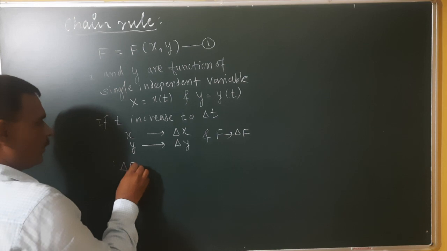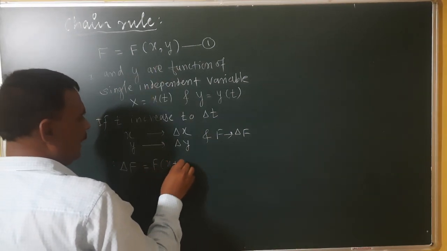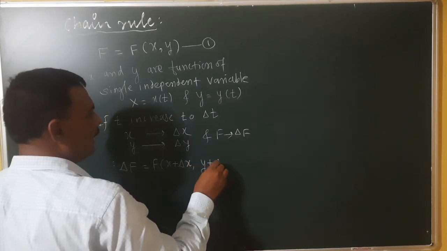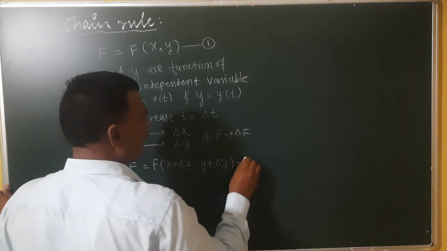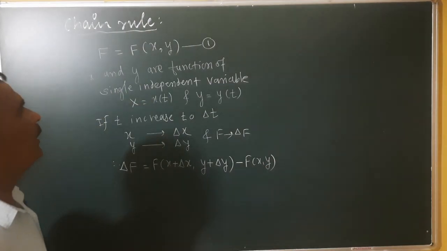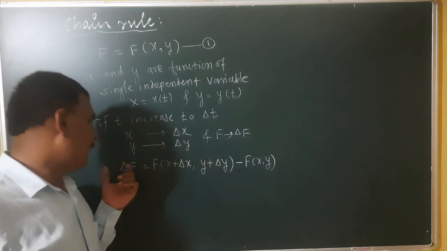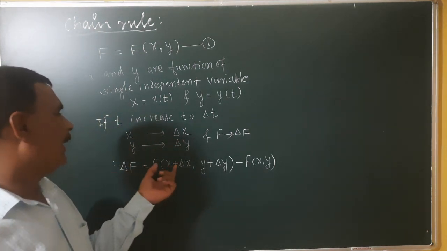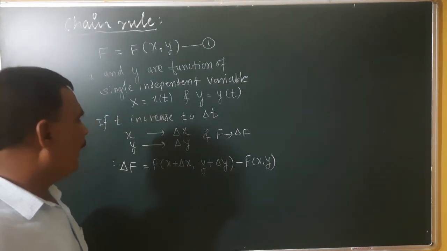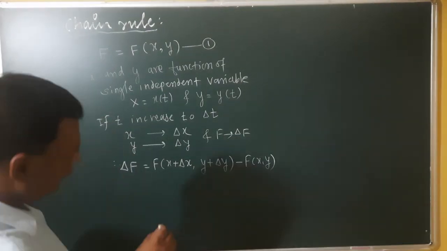Delta f is equal to f of x plus delta x, comma, y plus delta y, minus f of x, y. This is the change in the function we have to consider here. By differentiation, we have to say that,